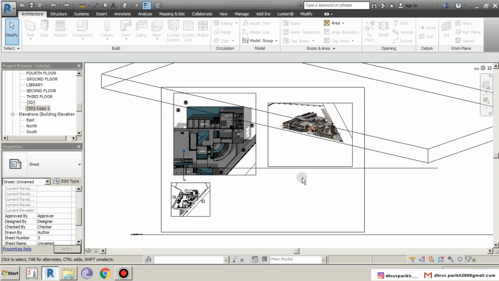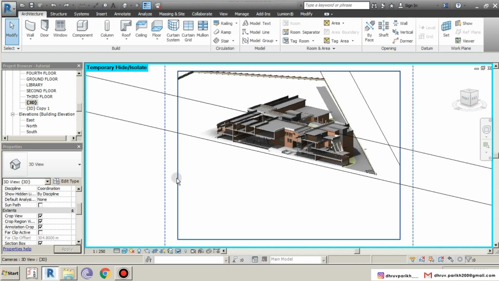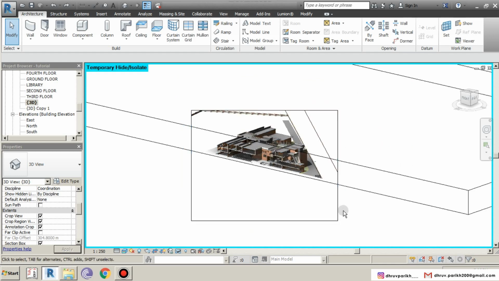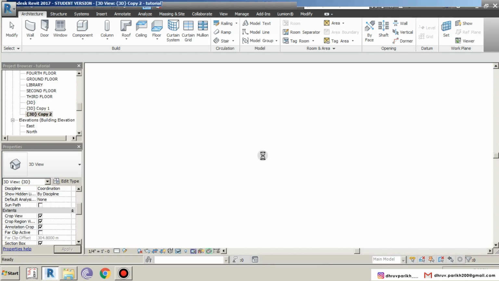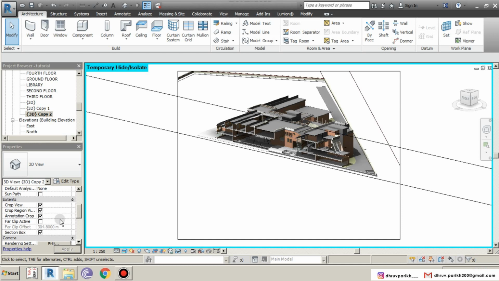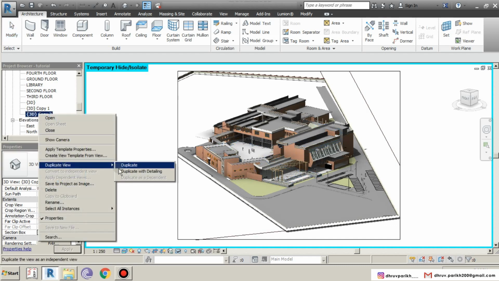So now let's make an exploded view. I'm going to make an exploded view of ground floor and first floor. So I'll be needing two duplicated views of my 3D view. So let's go to 3D view. This view I am using it in our sheet. So first of all, I'll have to duplicate this view with detailing, and uncheck this section box, and I'll duplicate again for the first floor,